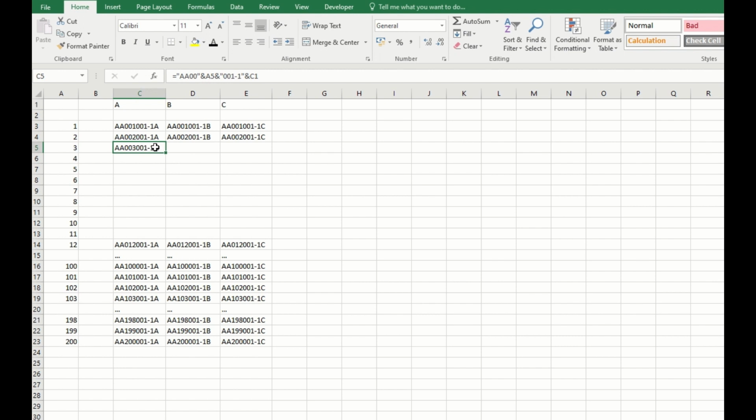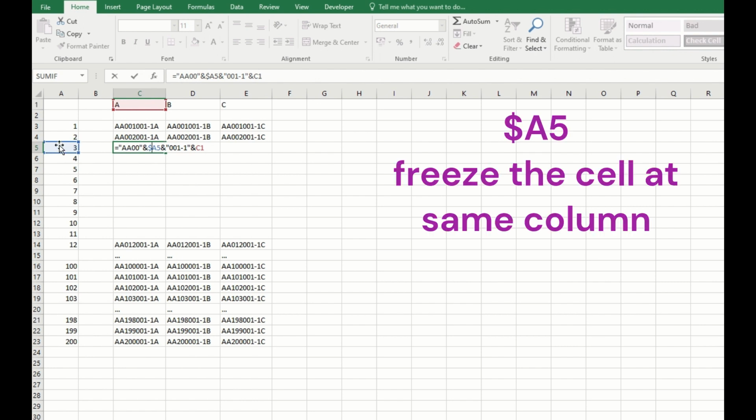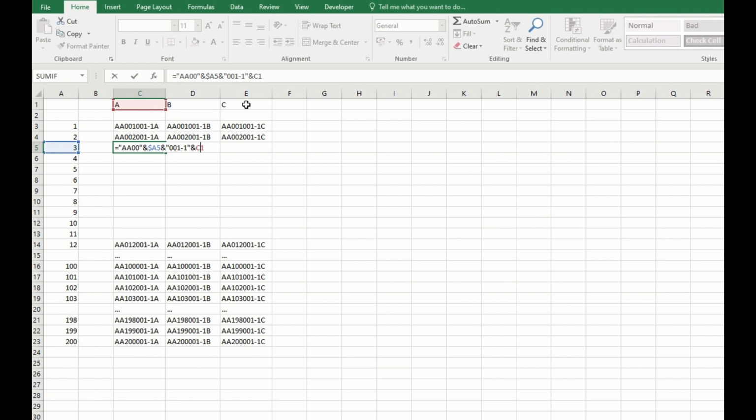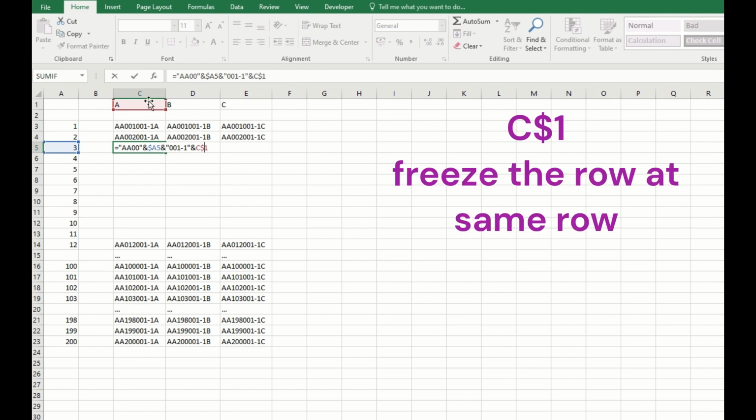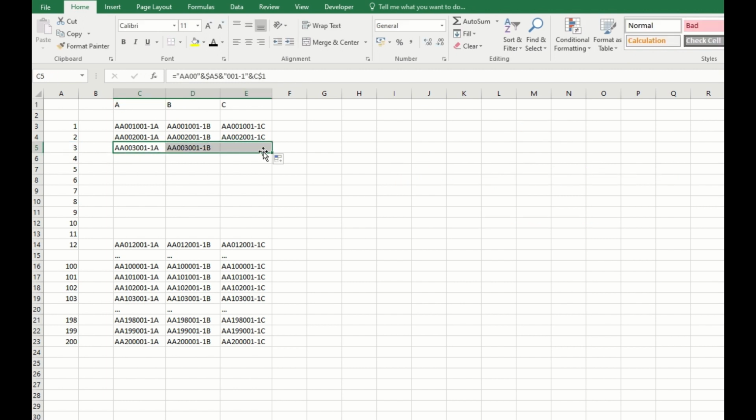If you want to drag across, you need to pay attention to how you want to fix the cell. For A5, we put the dollar sign in front of A because we want to fix the cell at column A only. But for the C1, we want it to move across the columns, so we put the dollar sign in front of 1, because when we drag down, we want it to always refer to row number 1. So by now, you should be able to